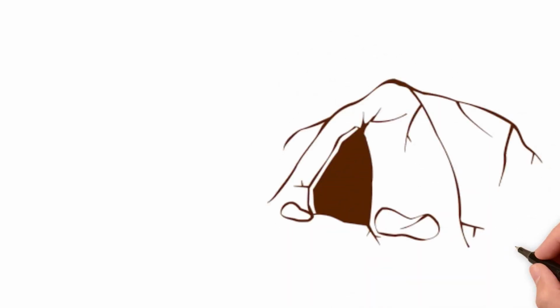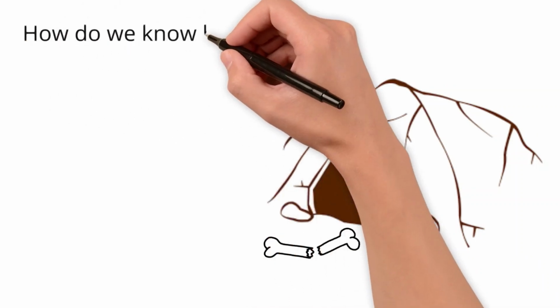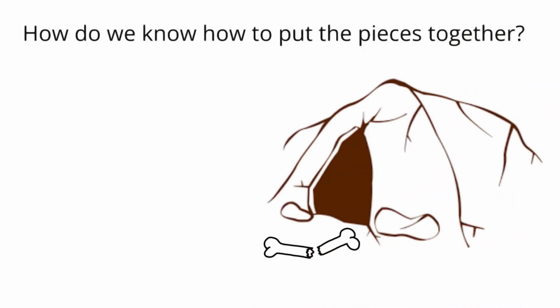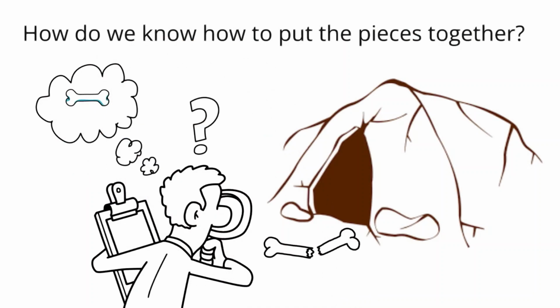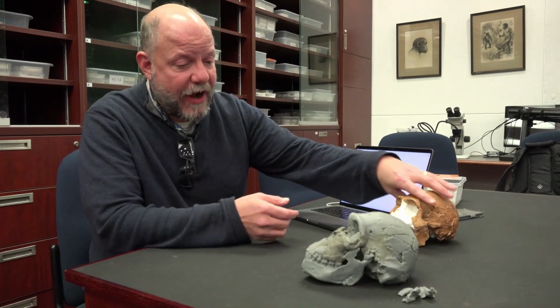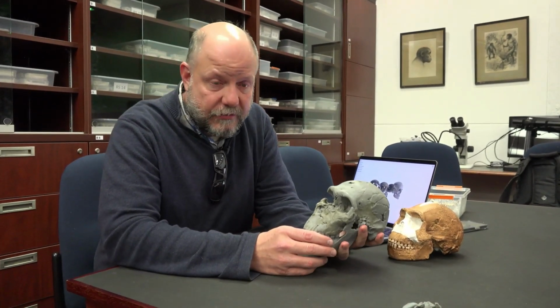When we find fossils in caves like this, they are often very fragmented. How do we know how to put the pieces together? If we are missing pieces, how do we know what they would have looked like? Dr. John Hawkes, a paleoanthropologist, shows off his clay skull that he created from only a few crucial pieces of